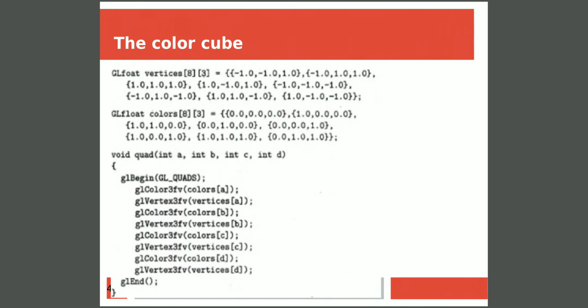Then as I said, here we are going to display a colored cube. That means a cube filled with multiple colors. As you know, to display a cube we need 8 vertices, so we have defined an array with the name vertices with the dimension 8, 3. Now to display a cube with different colors, here we are coloring each vertex with a different color, and totally in a cube we have 8 vertices, so to color each vertex with a different color we need totally 8 colors.